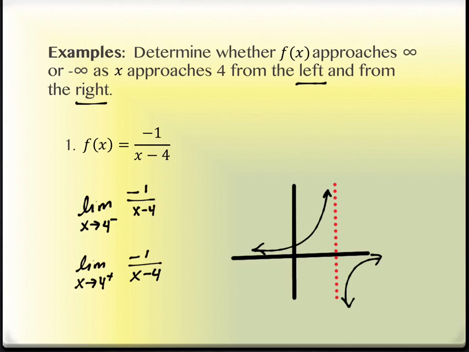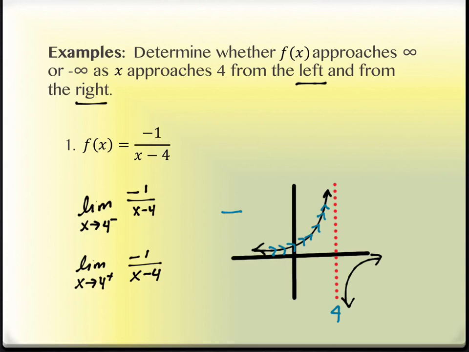All right, so this value that I've marked here with the dotted line is at 4. There is an asymptote there. It is discontinuous there. Those are all things we did in the last section. What this is asking me to do is take a look at 4 from the left. Well, this is the left-hand side of 4. It's over here. So I'm moving toward my dotted line, my asymptote, from the left-hand side. I'm moving like this. And as I do that, what types of numbers am I getting? Am I getting infinitely big numbers, like positive infinity, or infinitely small, like negative infinity?